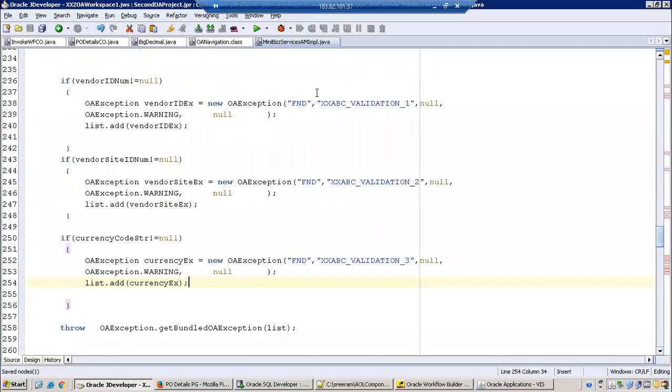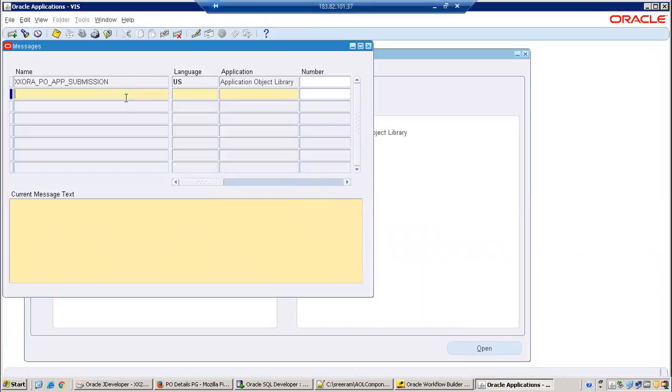And one more thing is, these messages should be there. Either we can hard code the message content, or you can mention a set of messages. Now I'll say raise vendor ID validation, US application object library. Please select vendor name, right?